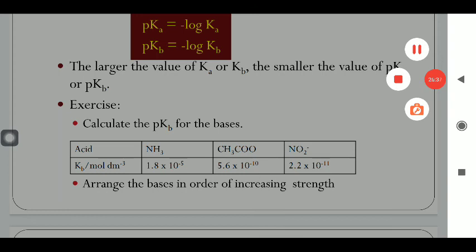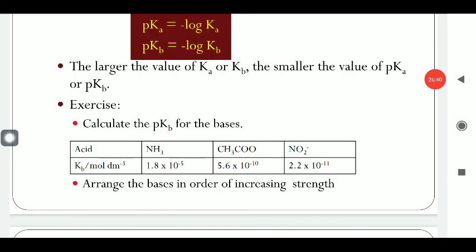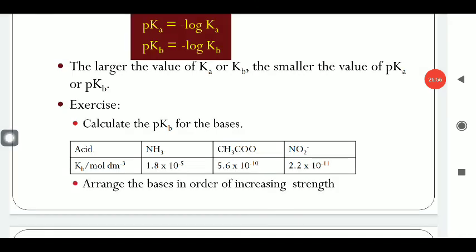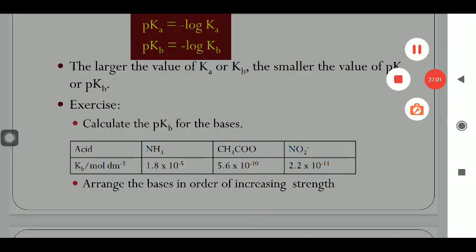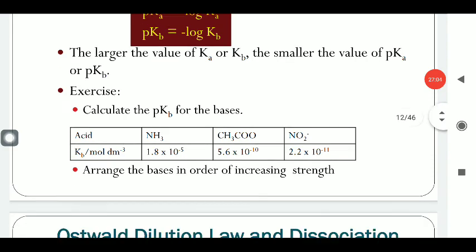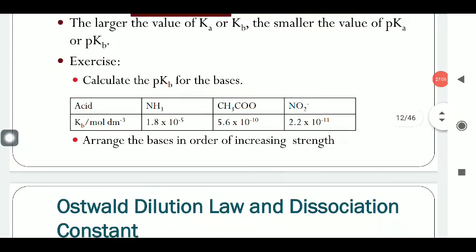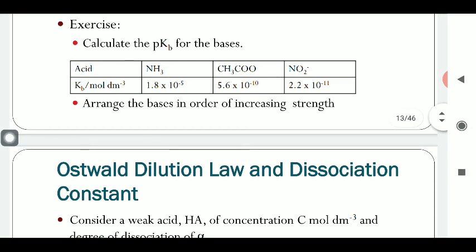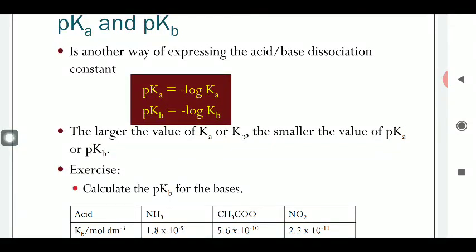So do practice the important questions. You have to identify the conjugate acid and base pair in the following examples. Second part, whenever compounds are given to you, you have to arrange these compounds on the basis of their basic strength as well as acidic strength. Whenever two compounds are given to you, identify which one of them is the strong acid and which one of them is the weak base. And in the next segment, we will discuss the concept of dissociation on the basis of Ostwald dilution law. Thank you very much.